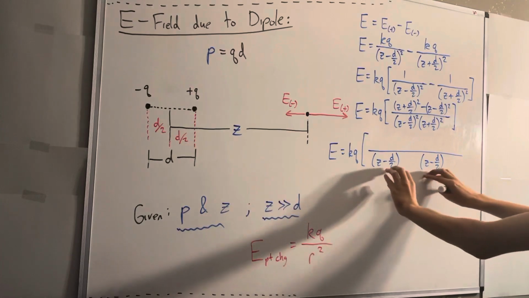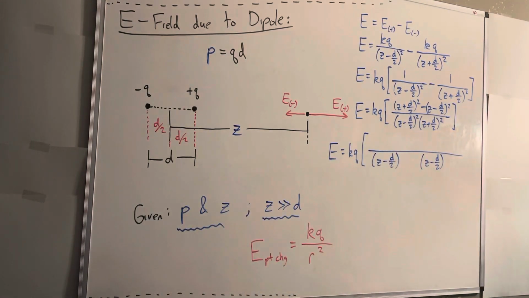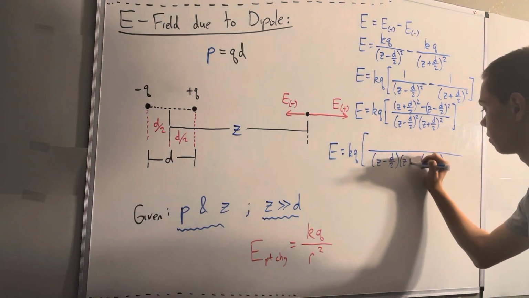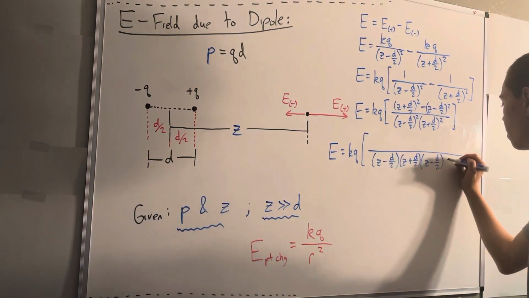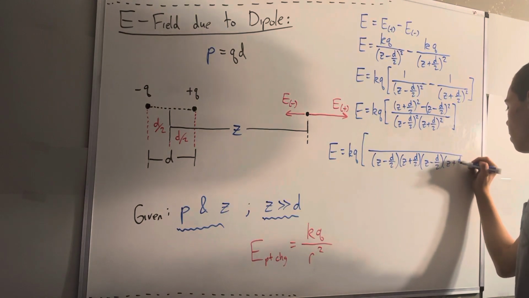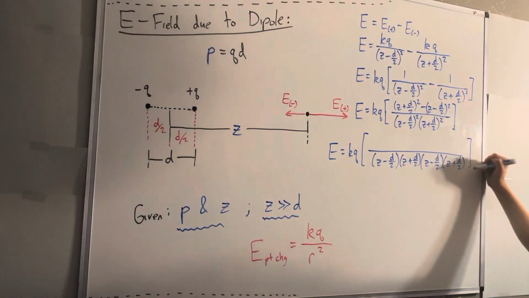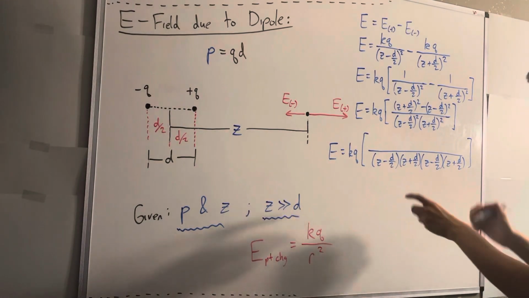If we were to multiply these two things, we would get (Z minus D over 2) squared. And same thing for (Z plus D over 2) squared, we could write (Z plus D over 2) times (Z plus D over 2). And the reason why this is so useful is because we can now see that we have